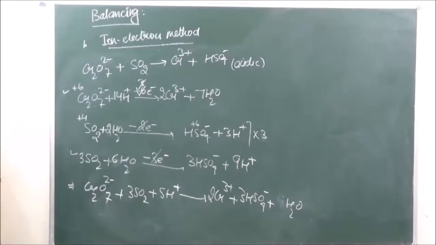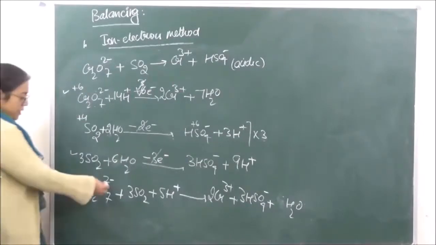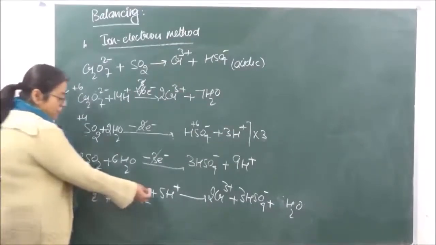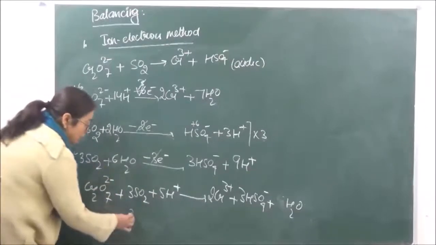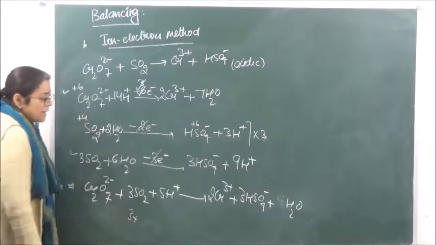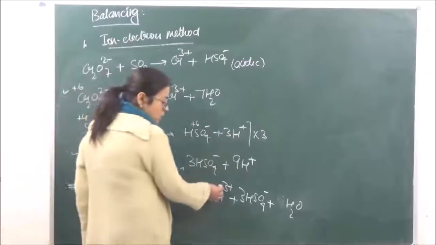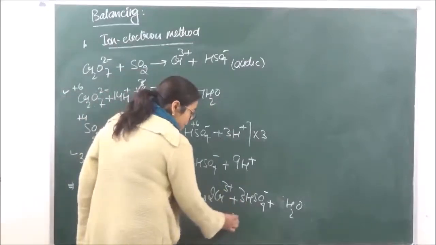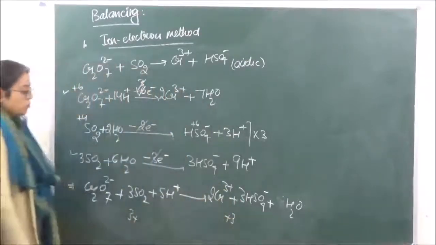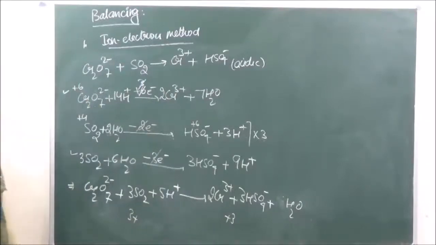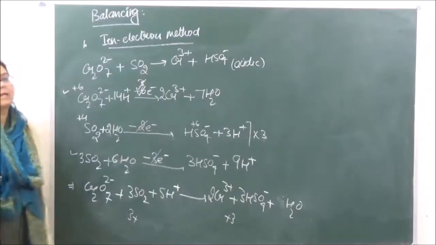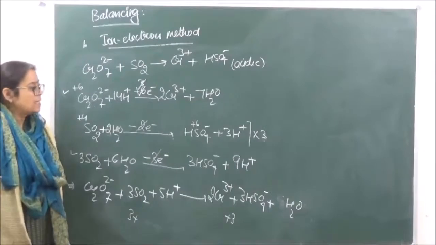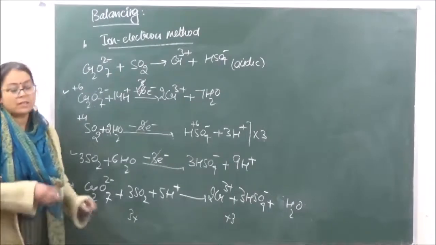Right? So now let's see whether our charges are balanced. Over here we have 2 negative and 5 positive. 5 minus 3, they are going to be 3 positive over here. And over here we have 2 3s are 6 positive minus 3 negative plus 3 positive. So on both the sides the charges are same. Therefore the reaction is balanced. Is it clear? So this is how you are going to balance both the reactions separately.